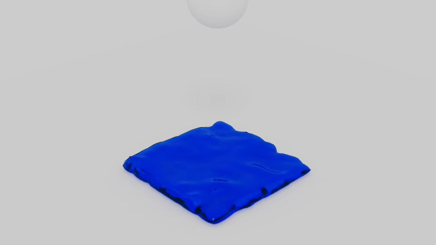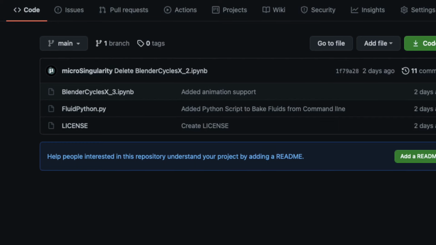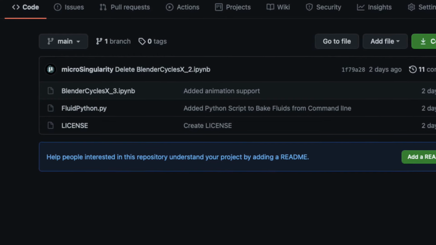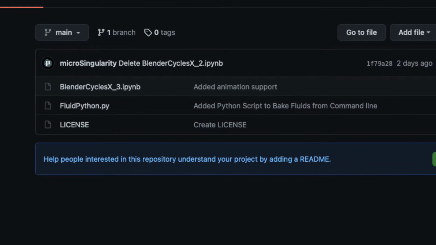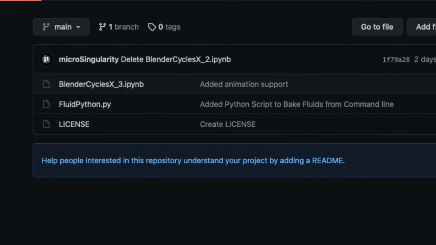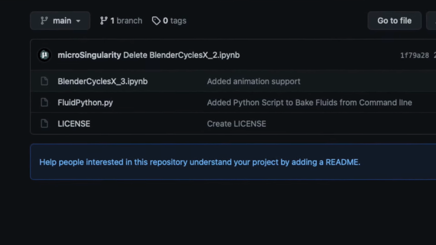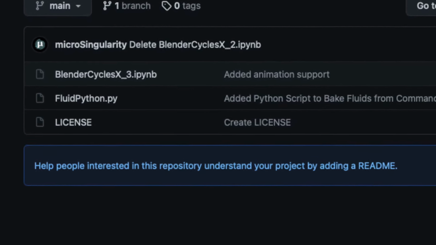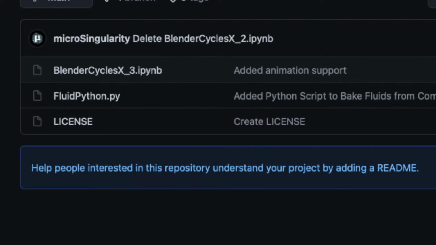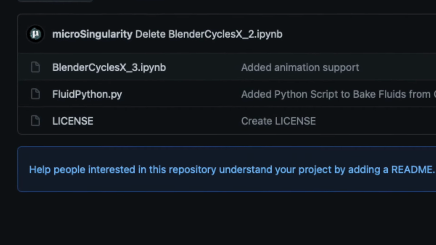If you are still looking to bake fluid simulations on Colab for some reason, I've given you a head start and I've uploaded a Python script to my GitHub page, which will give you the Python commands to bake all fluid simulations from the command line. You can run this Python script as an optional argument when running your render on Colab. Have a look at part 1 of my Colab tutorial for more information on running Python scripts from the command line.